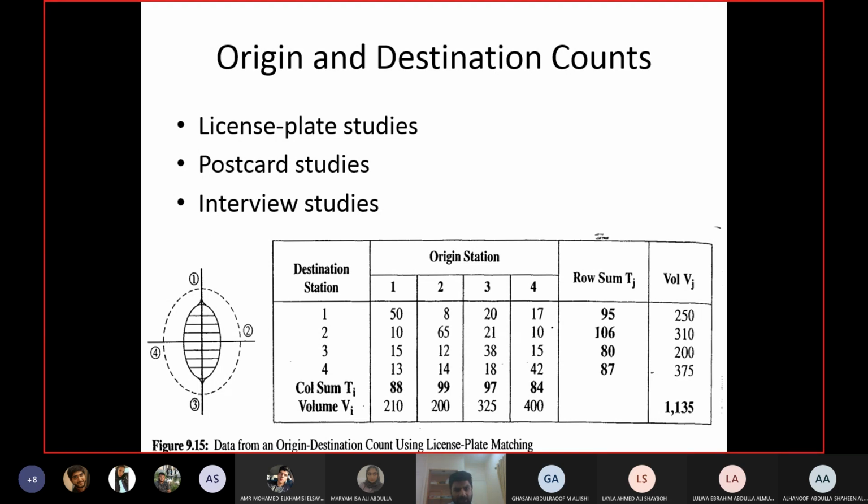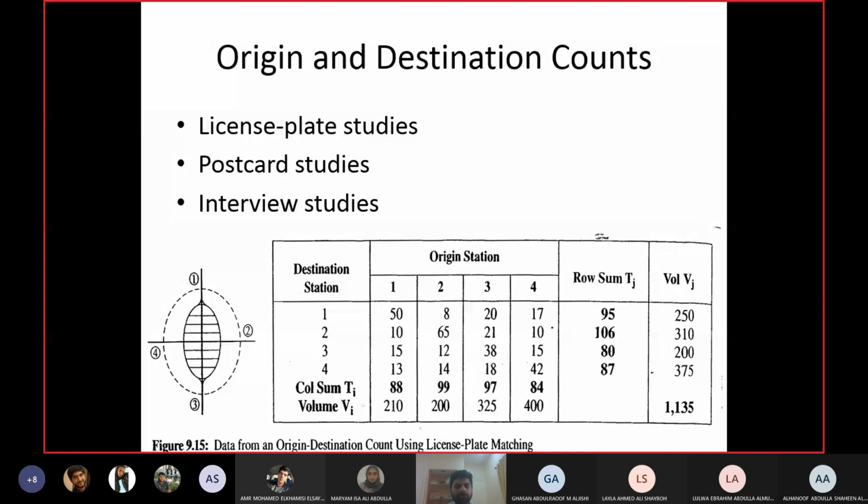We used to have these cards when we were kids, and we used to send greetings to our friends and relatives on Eid and other occasions. Okay, so there used to be cards coming with this. I don't know, maybe if you go to the post office, you may still find postcards there. But anyways, if you don't have postcards, you can make your own. One side has the questions and the other side has your address.